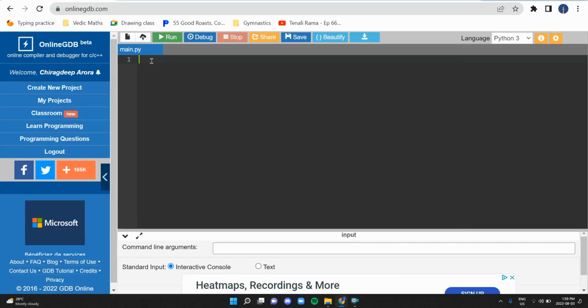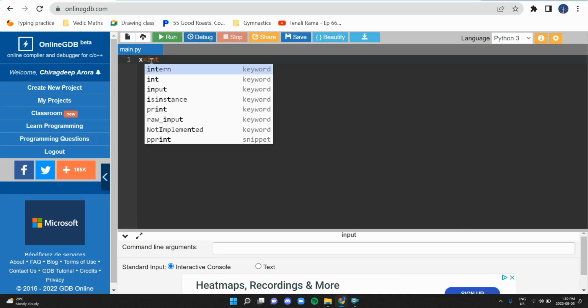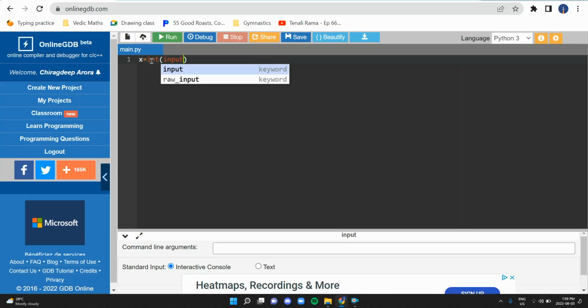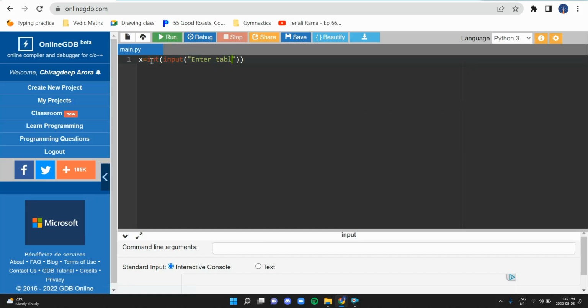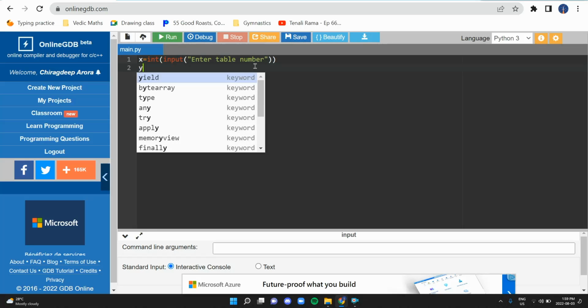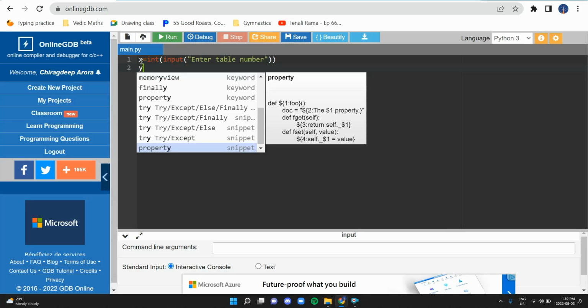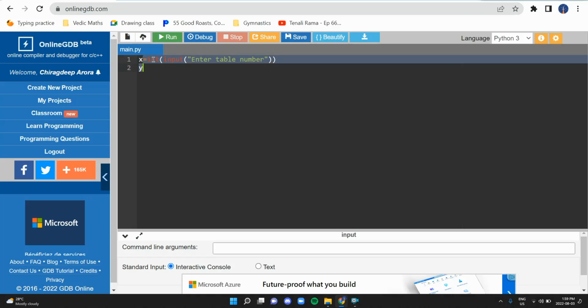Firstly, we are going to take an input from the user for the table number. So x is equal to integer input, double quotes and enter table number, and then we go on the next line. We take the next input and we can also just copy this line from here and then paste it over here. So y is equal to enter table up to,